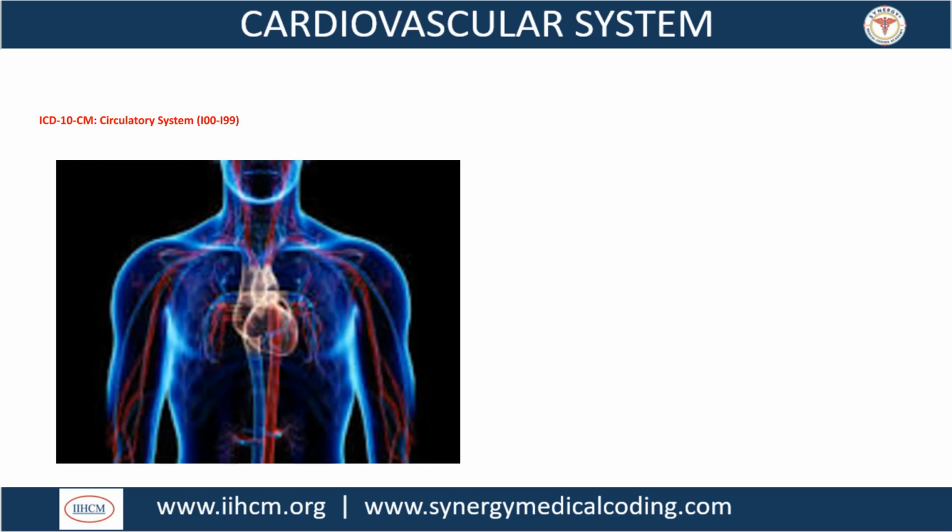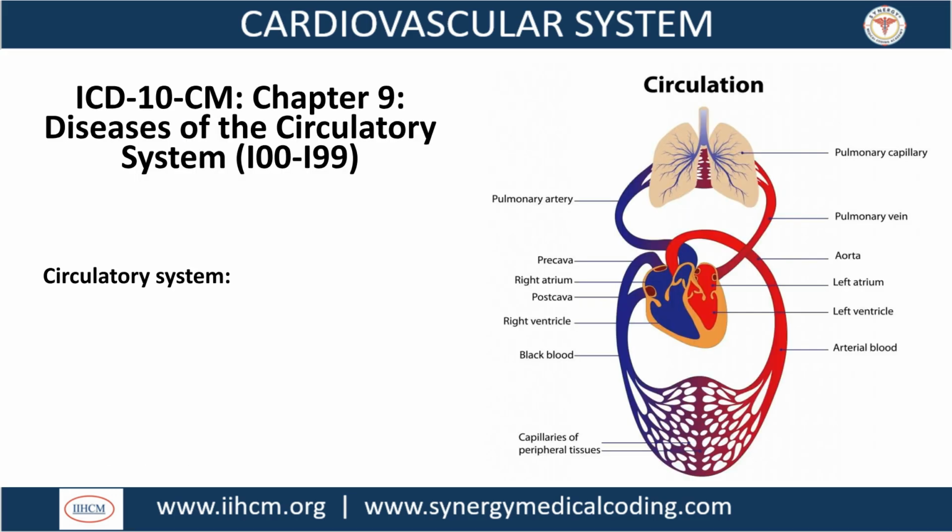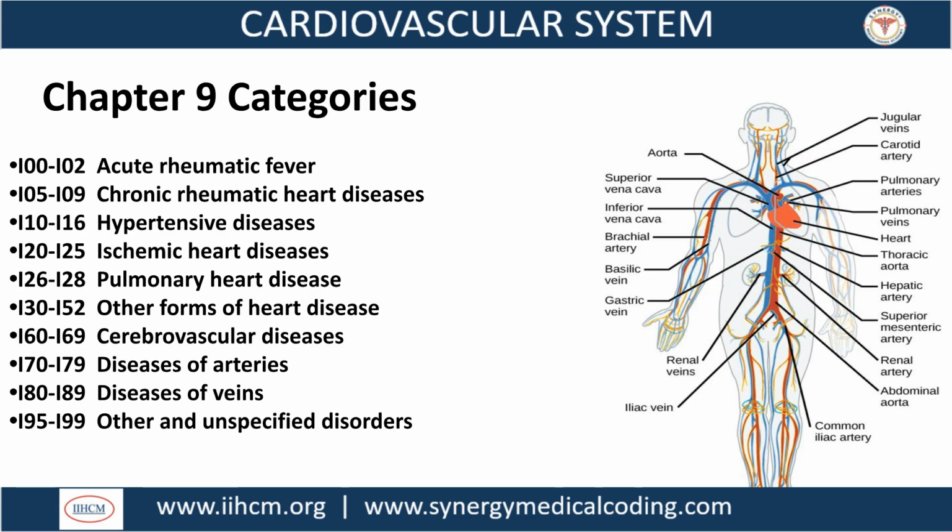We now begin the section on ICD-10-CM coding for the circulatory system, which uses codes I00 through I99. ICD-10-CM Chapter 9 addresses diseases of the circulatory system, codes I00 to I99. This diagram illustrates the systemic circulation. Chapter 9 categories cover a range of conditions, including rheumatic fever, hypertensive, ischemic, and cerebrovascular diseases, as well as diseases